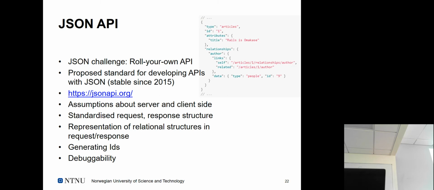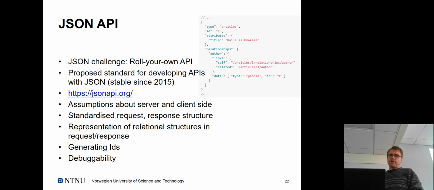So the ones of you who took cloud, for example, there was a lot of challenge about how to design an API, right? What are the elements to include, what are the default paths you want to have, and so on. And there are some initiatives that suggest, okay, instead of doing it all on your own, which you of course can, why don't we have some sort of standards that help us devise the layout of APIs properly, and in a uniform manner? JSON API was intending to do that. This thing has actually been stable since 2015.